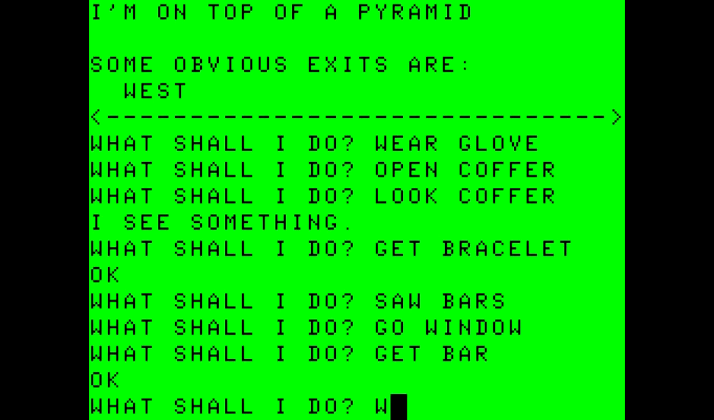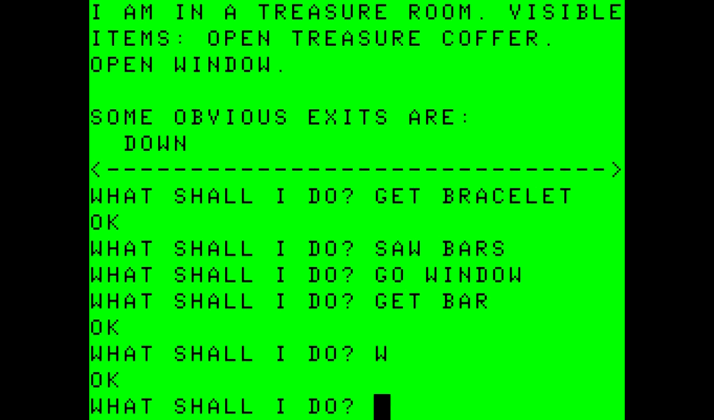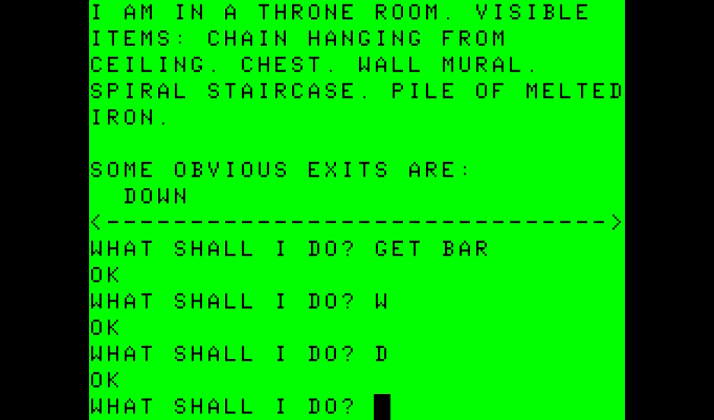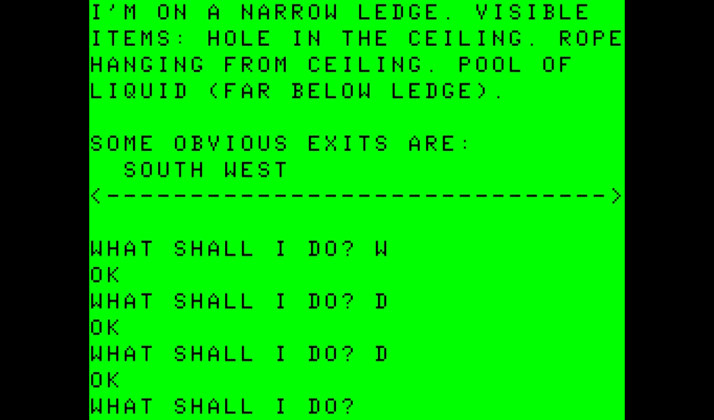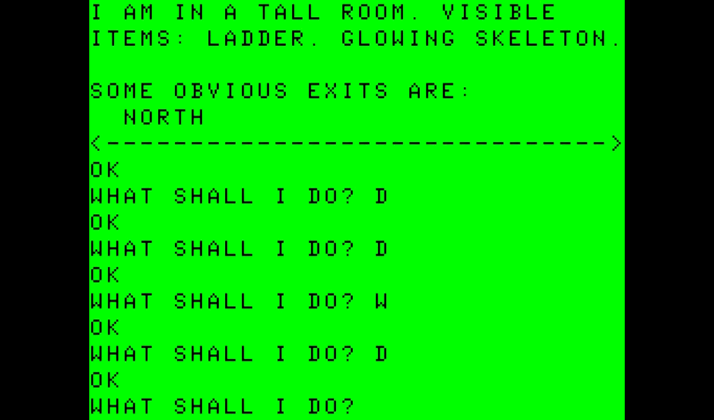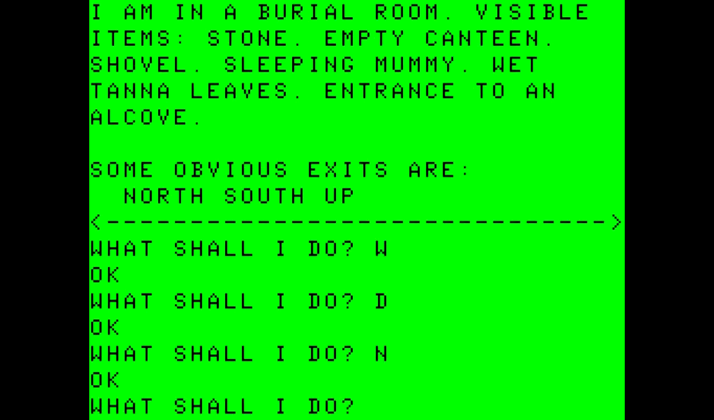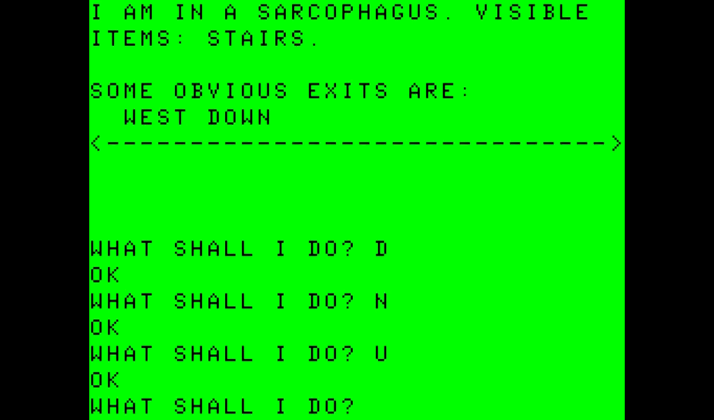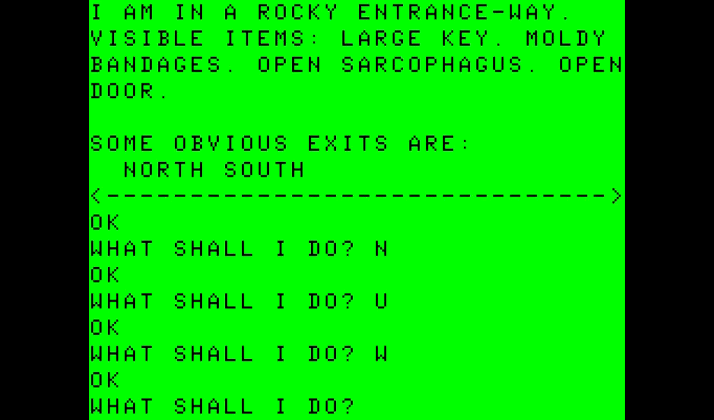For that, we are going to go west to the treasure room, down to the throne room, down again to the narrow ledge, where we go west to the revolving cavern, down again to the room with the glowing skeleton. Then we go north to the burial room with the sleeping mummy. Then we go up to the sarcophagus, west to the rocky entranceway where we dropped the keys, go north again,